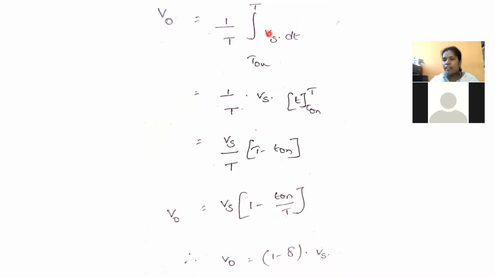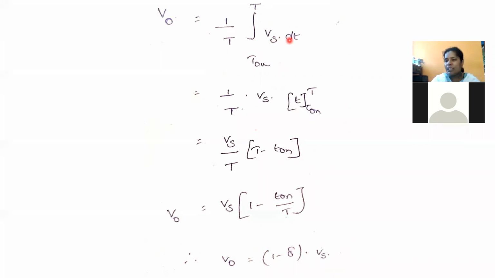That means initially we are assuming all the power electronic devices discussed in our subject are ideal cases. That means no losses are going to appear. That means the output voltage magnitude is nothing but the supply voltage with respect to dt. And listen here, we can't use d omega t. Why? Because it is a chopper circuit. That's why we have to provide the time period, that is dt. And the supply voltage value is always a constant, so take it outside the integral. So this term becomes Vs by T.